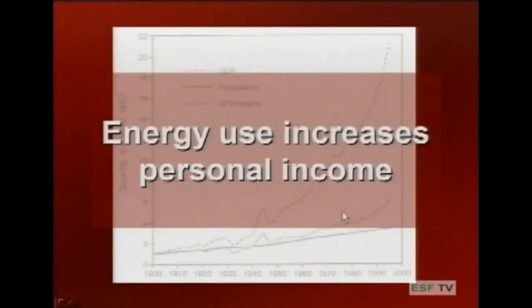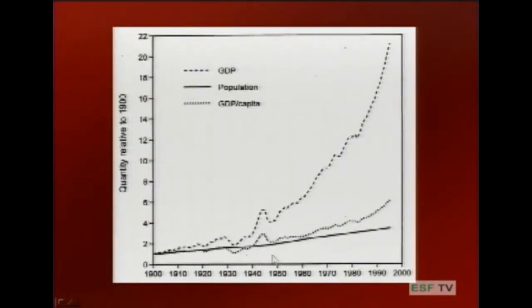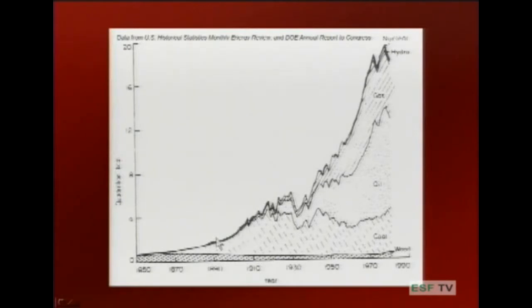Okay, so look at this. Energy use increases personal income. And you can see over time in the U.S., here's time again, GDP rising, we mentioned that, and GDP per capita is actually the more important metric because it's how much wealth per person. And you can see that has been rising. Now, also, as you'd expect, our use of energy has been rising over time. And also, our energy mix has been changing quite a bit. You can see in the 1800s, we were mostly dependent on wood. Then we got into coal, then oil, natural gas, now nuclear and hydro also make up a percentage of that.